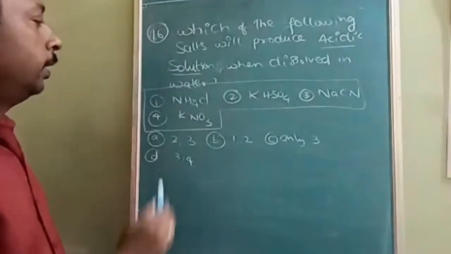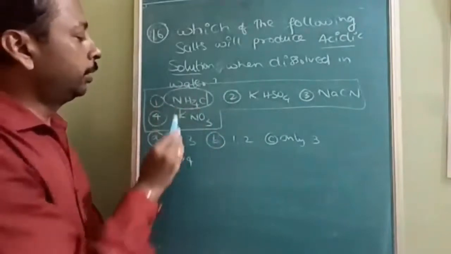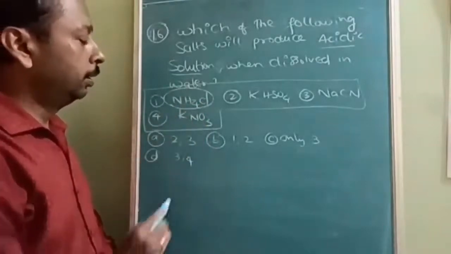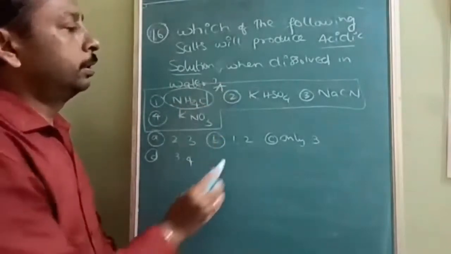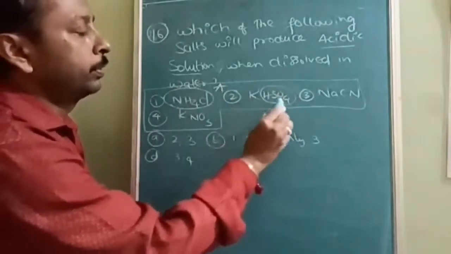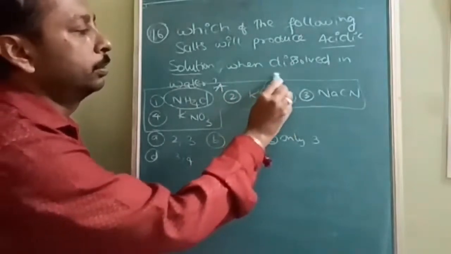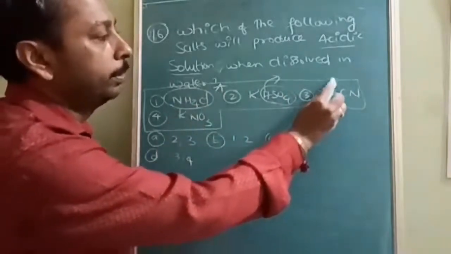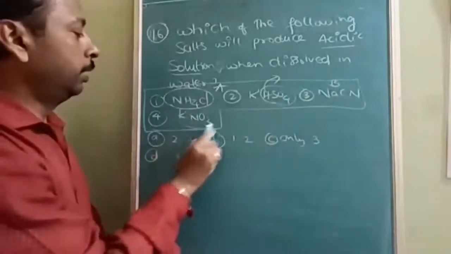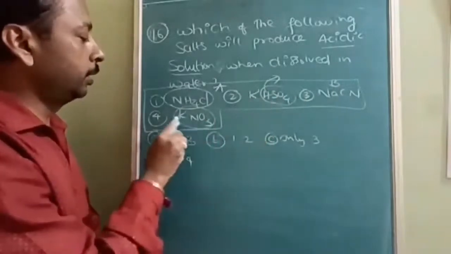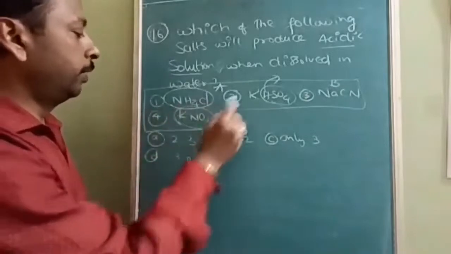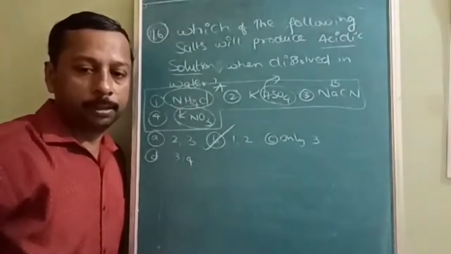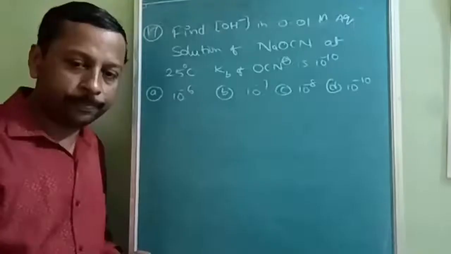Okay. See here, NH4Cl. It is a salt of weak base NH3 and strong acid HCl. Therefore, this is going to be acidic. Here actually it is strong acid, strong base, but because of this it is acidic. 1 and 2 are confirmed. Here it is weak acid, strong base, so it is going to be basic. It is neutral because strong acid, strong base. So only 1 and 2. That's why B option will be correct. Which option will be correct? Only B option will be correct.